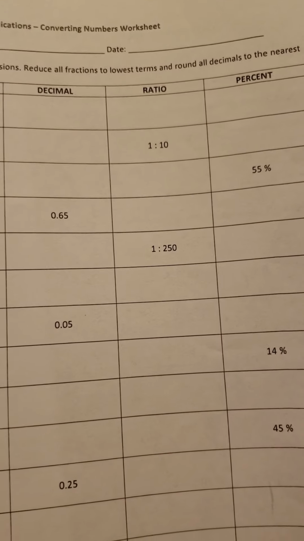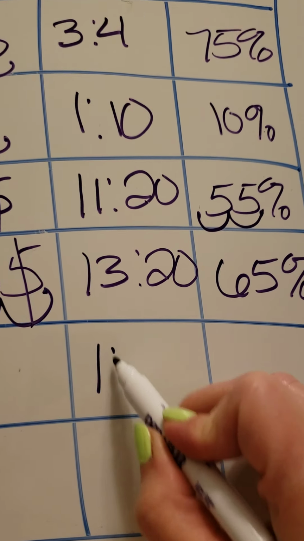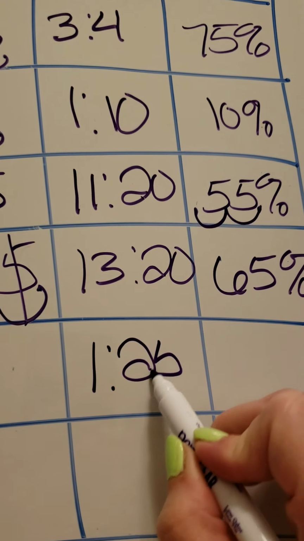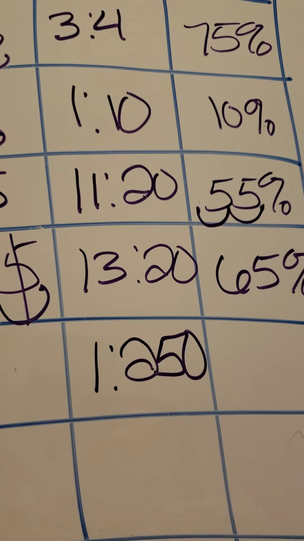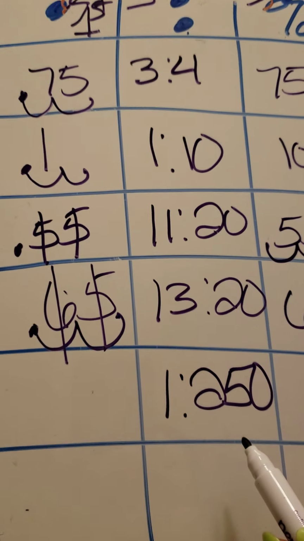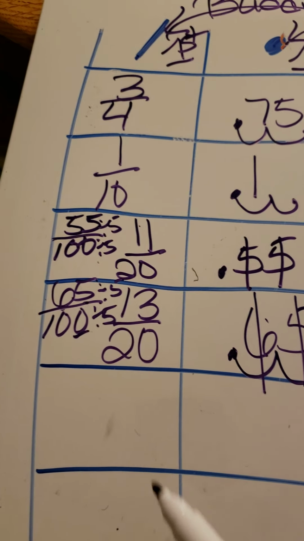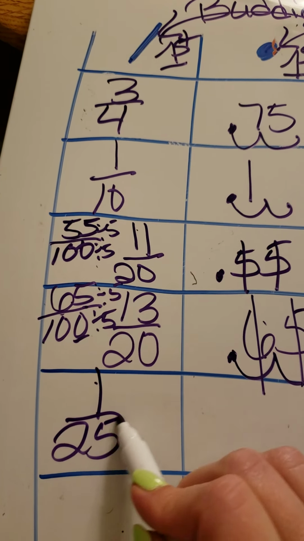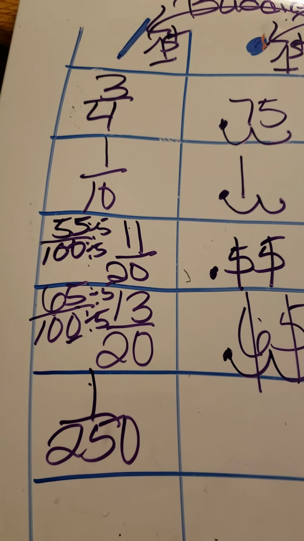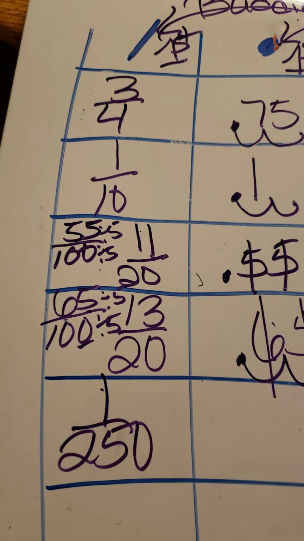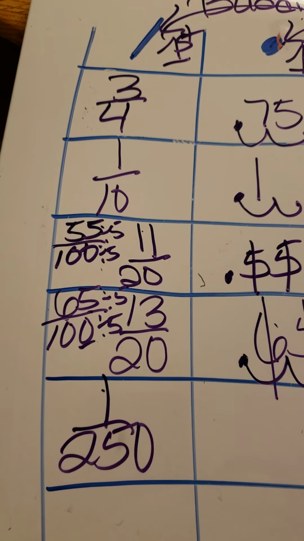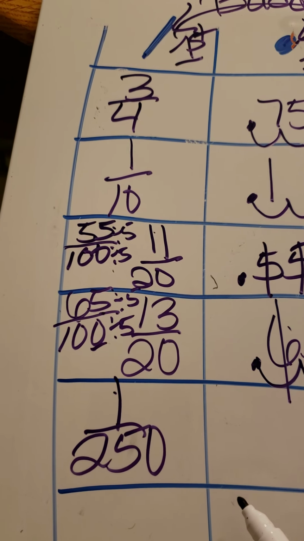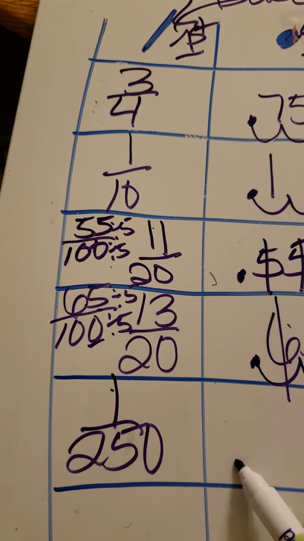Next number we're going to go over is 1 to 250, the ratio. Okay, ratio's buddy is going to be my fraction. Line it up, whatever's read first goes on top. Perfect. Divide top into bottom. And that will give me,